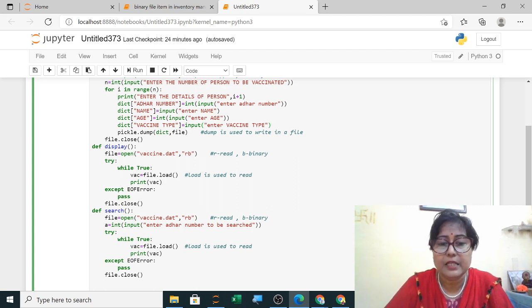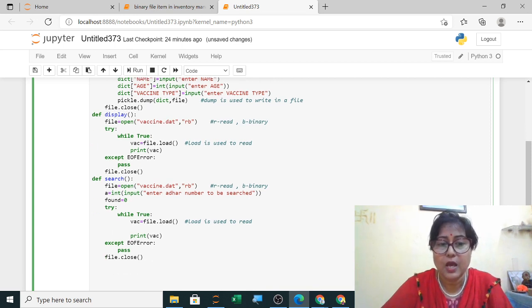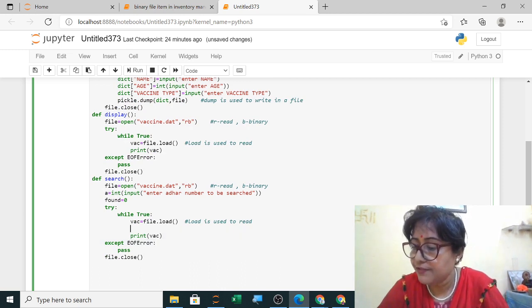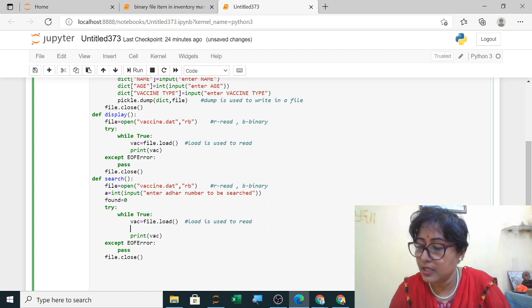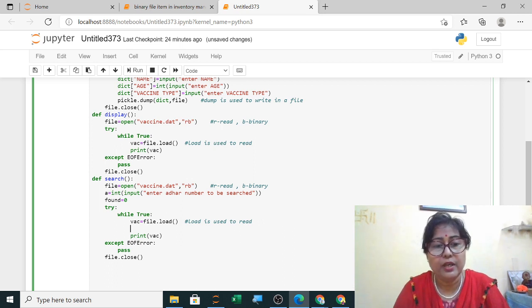Okay? Now after that, we have to check whether it is found or not. So I am using a variable here, found equals to 0. Initially it is 0, and in the if I will check here. After you have loaded the file, the data you have stored in VAC.